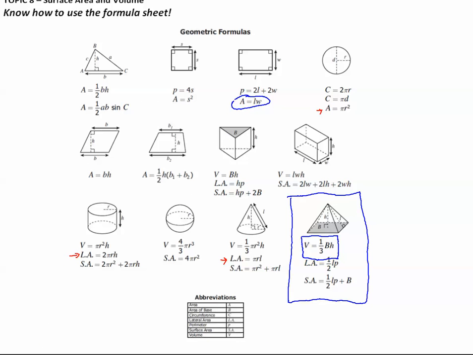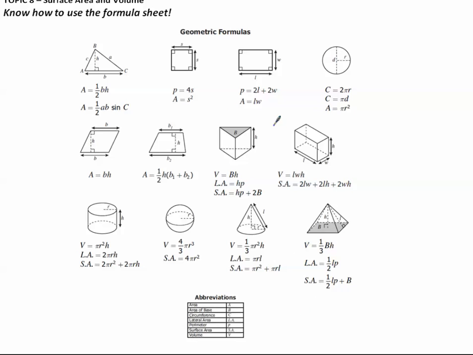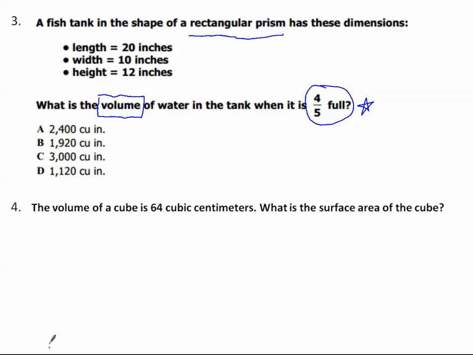Let me clear all this out. A rectangular prism is kind of like a box or a cube. And here's our volume. This one's really easy. It's length times width times height. So volume equals length times width times height. Let's do that. If we want the entire volume, all we have to do is just do 20 times 10